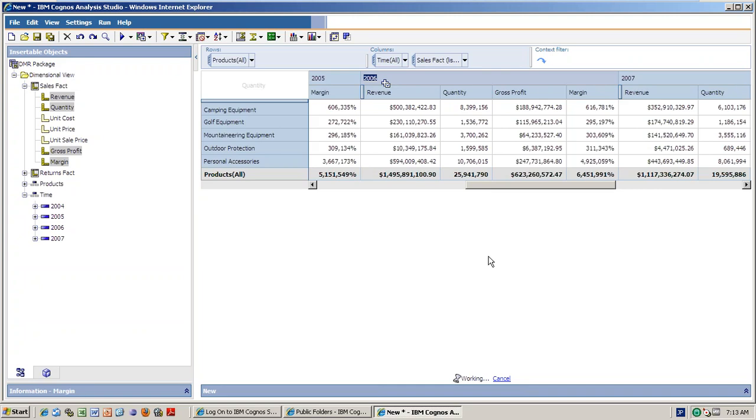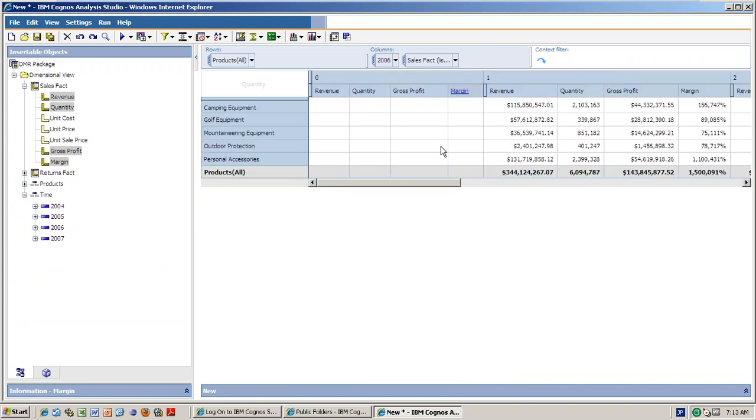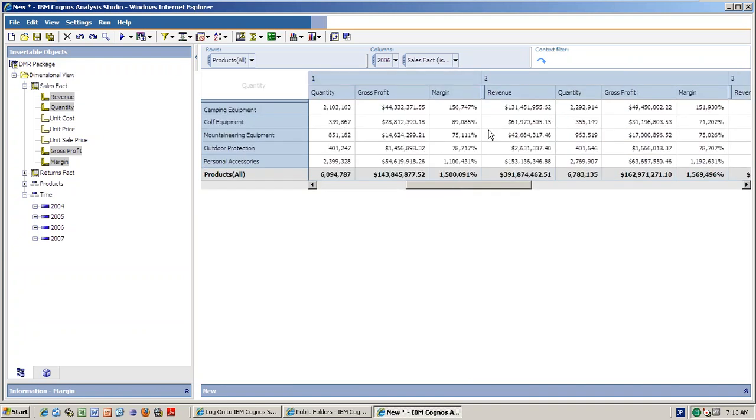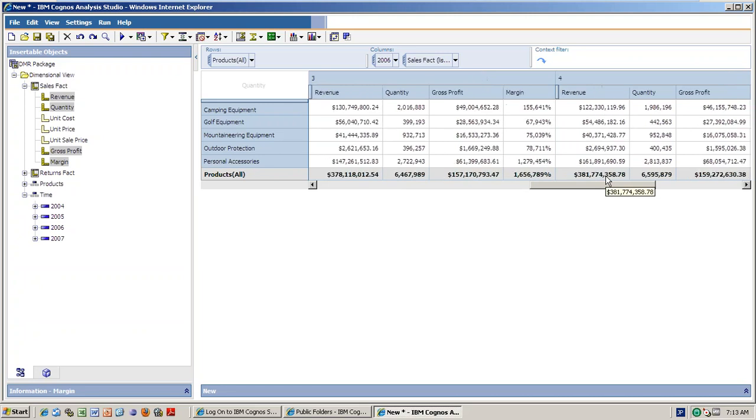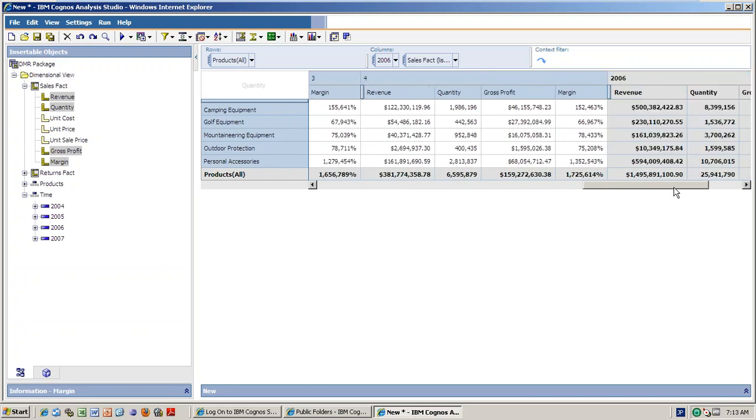Okay, please remember, whenever you select the quarter level here, it is again hitting the database. Please remember, it's a very, very important point. This is the basic difference between Analysis Studio and Power Play Studio. In Analysis Studio, every time you select the quantity here or something, the query goes and hits the database and retrieves the records. That means it's a live action. So see now, there's a 0th quarter which is nothing, first quarter, second quarter, 2006, third quarter and fourth quarter. And what is the total year, 2006, right?